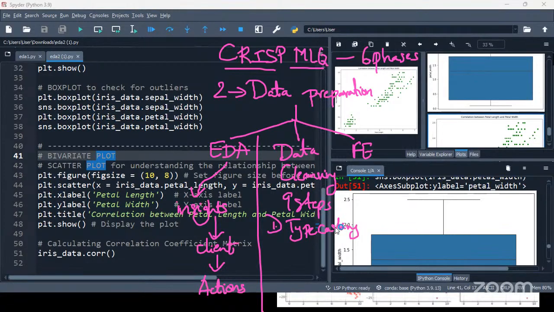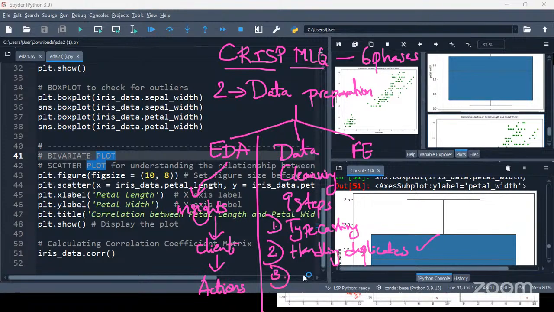Typecasting is a technique we use to convert the data type from one to another. Then handling duplicates. If we have duplicates in the data, we are supposed to remove them. The duplicates will be identified and we'll also remove them.